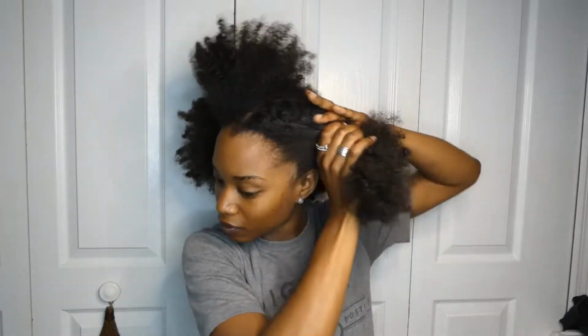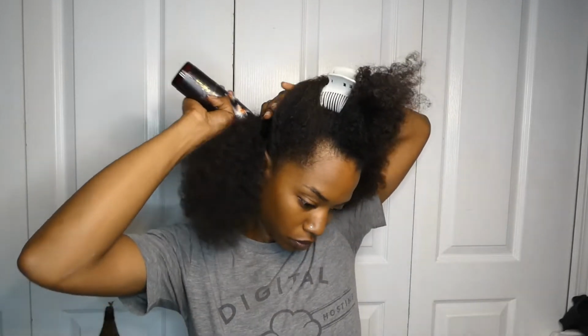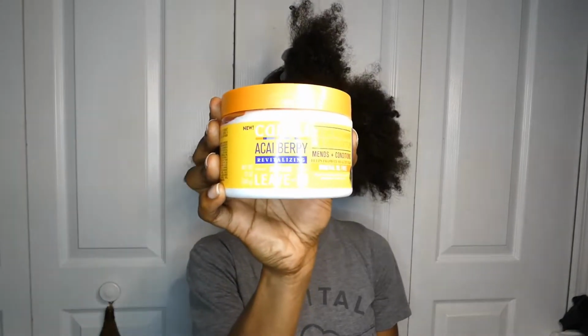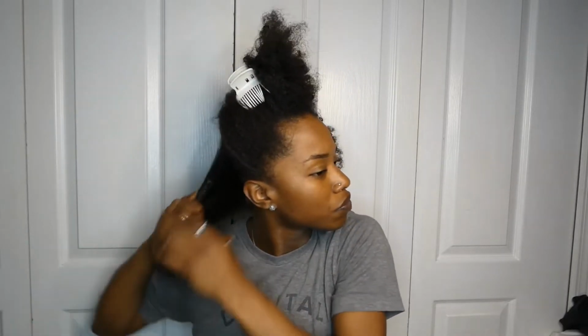So I'm splitting my hair into 4 sections, and I will first apply one of my favorite go-to products, and that is going to be the Meraki Hair Oil. I'm then going to apply the Cantu Acai Leave-In Cream. Both the hair oil and the cream will help to add the much needed moisture while my hair is tucked